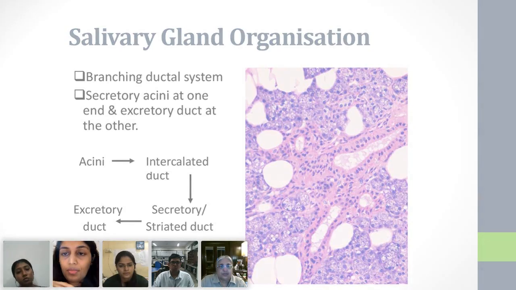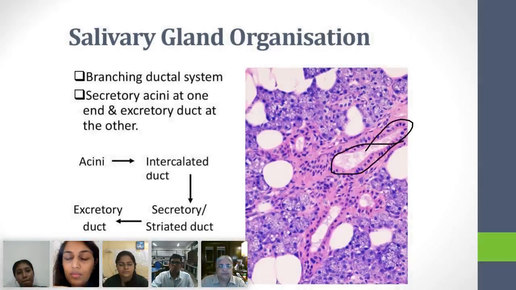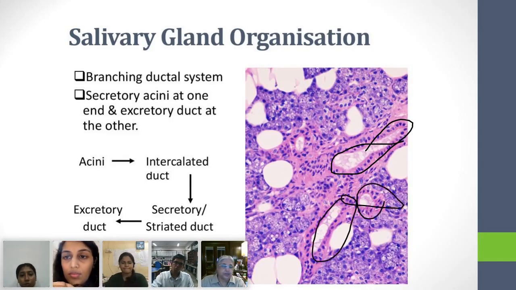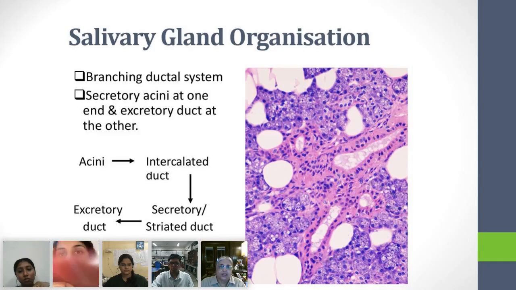And I will show you where that striated duct is. This is the striated duct. Over here, you can see another one, and you see another one over here. It's so pink and it has an oncocytic appearance. It is called, for some reason, the secretory duct. I have never understood why. And then there is an excretory duct. Can any one of you who's taking this, Neelam? Yes, ma'am. Can you show me where the intercalated duct is? I've shown you where the secretory ducts are, the striated duct. Now, show me where the intercalated duct is.